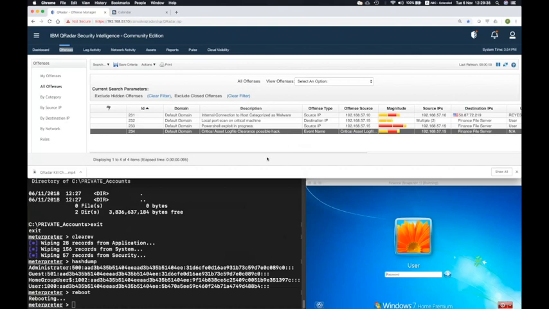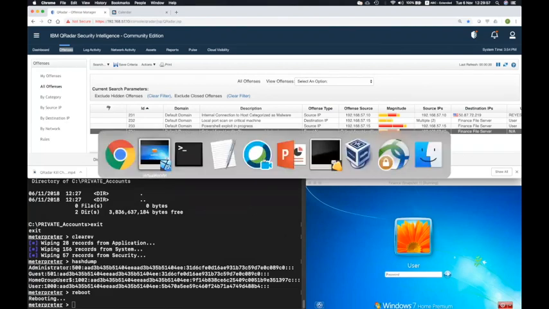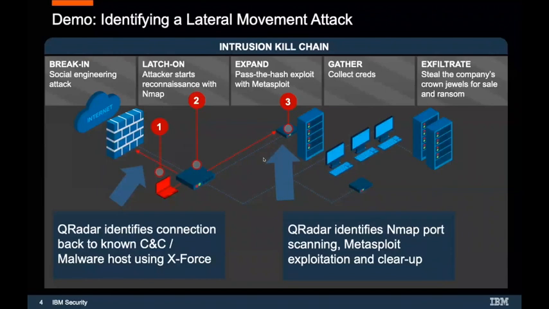So in a normal customer deployment, all of these offenses would actually just be contained in one single offense in order to reduce the actionable events. But I've allowed them to be created as separate offenses to highlight how QRadar handles or detects threats. So let's go back to the slides and review